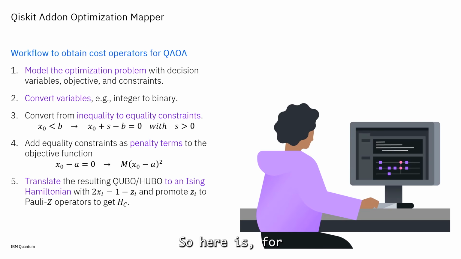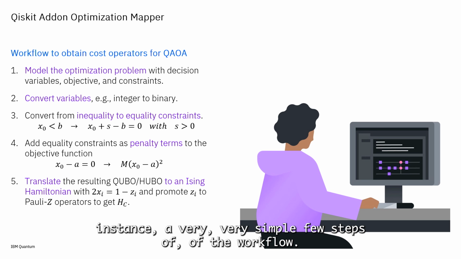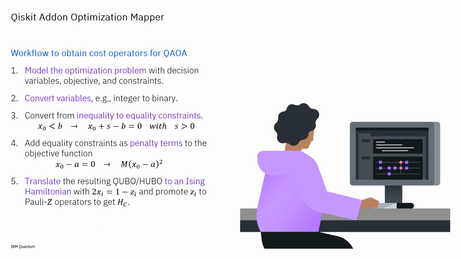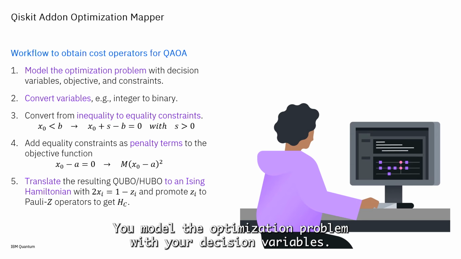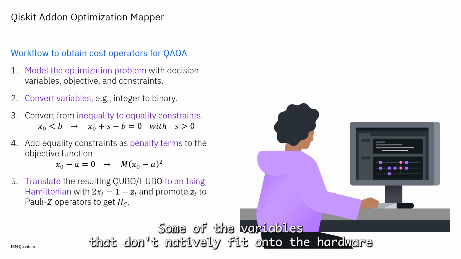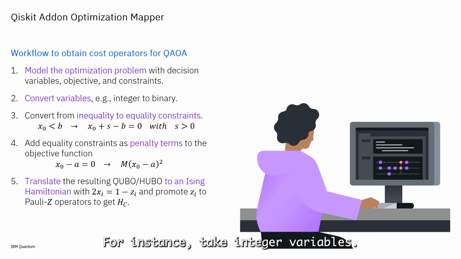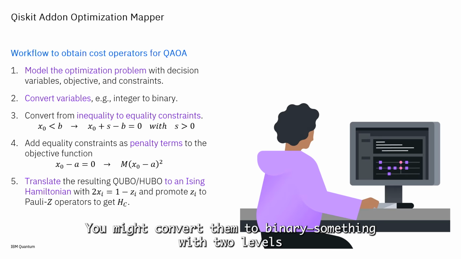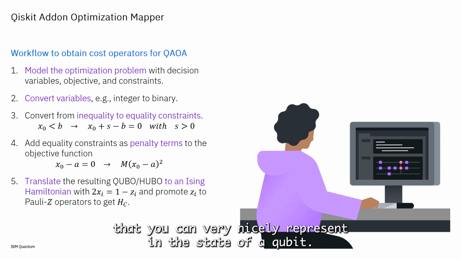So here is, for instance, a very simple few steps of the workflow. You model the optimization problem with your decision variables. Some of the variables that don't natively fit onto the hardware you would convert, right? For instance, take integer variables. You might convert them to binary, something with 2 levels that you can very nicely represent in the state of